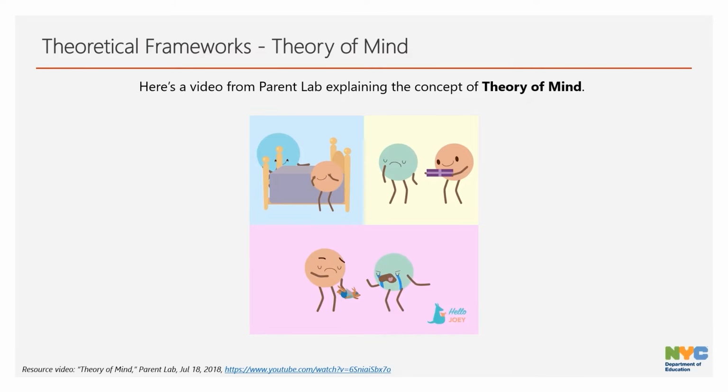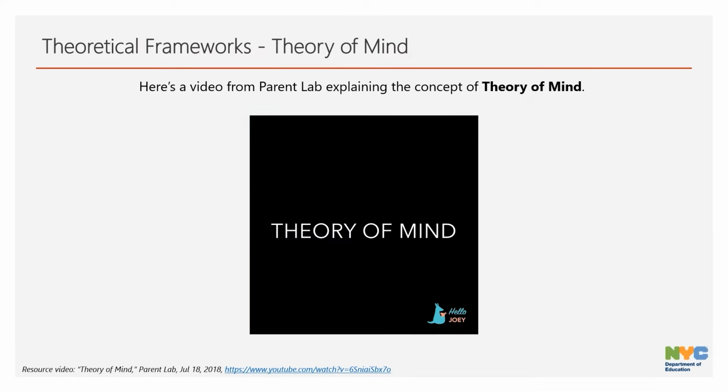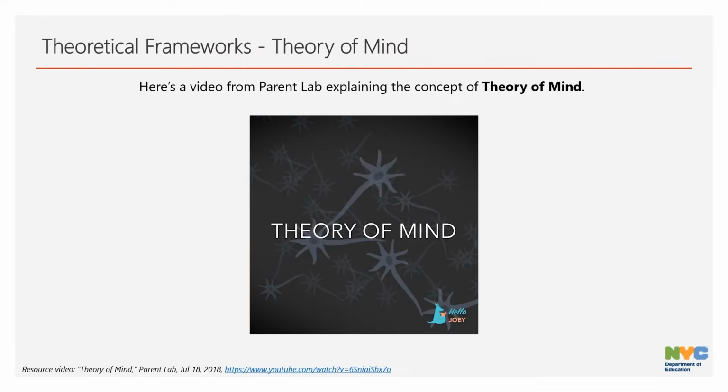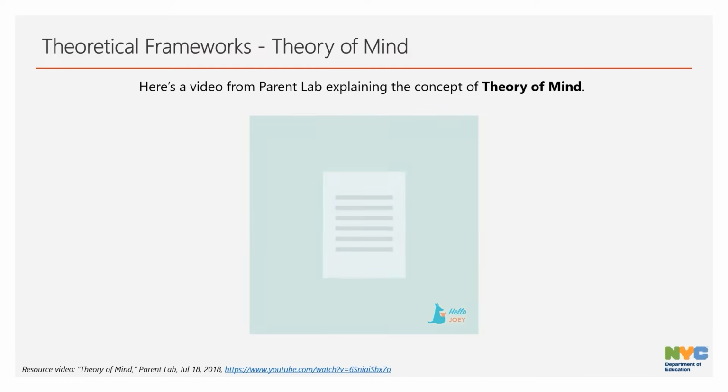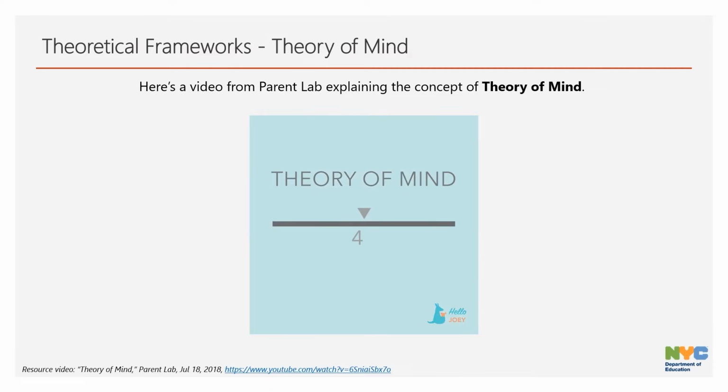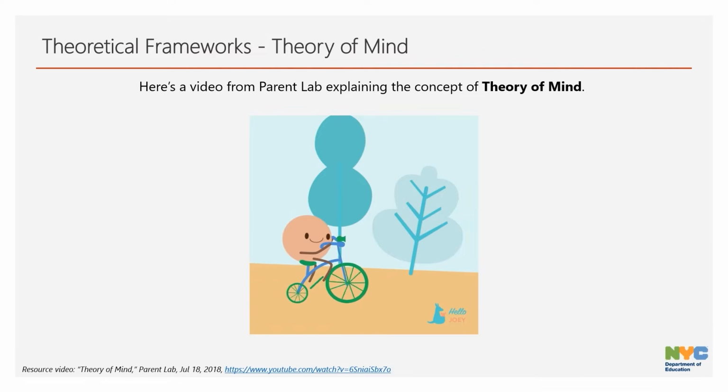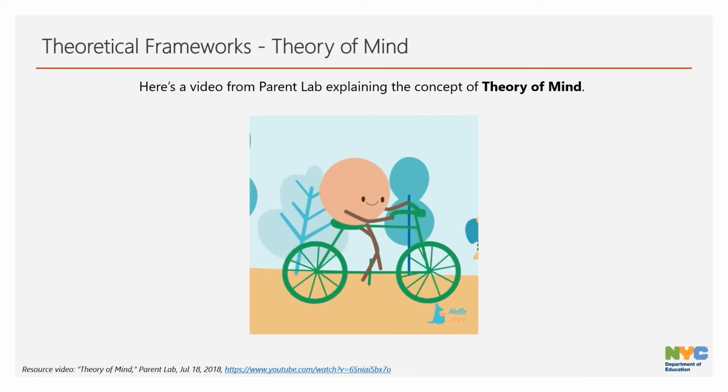But why? Because these young kids do not yet have a firm theory of mind. Having a firm theory of mind means you understand that other people's thoughts and feelings are separate and different from your own. Early research about theory of mind suggests that kids develop this understanding around the ages of 4 or 5. But new research indicates that kids as young as 18 months can display a theory of mind through their nonverbal actions and communications. An 18-month-old isn't aware of this, of course, but the older they get, the more conscious